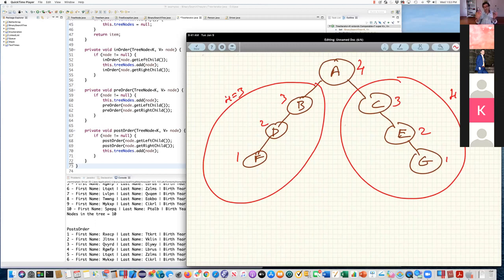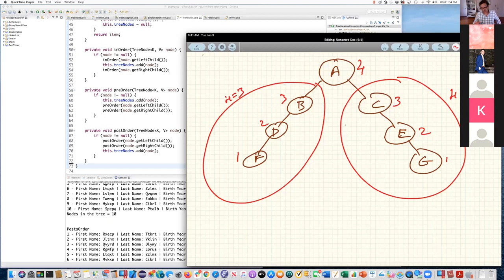So one could say, at first glance, that the tree rooted at A is balanced because there's no difference in height between its left subtree and its right subtree. The difference in height between them is 0. We agree on that? But the question remains, is this tree balanced? Well, we don't know yet because we've got to look at all of its subtrees. So if we find one subtree in this tree that is not balanced, then the tree is not balanced.